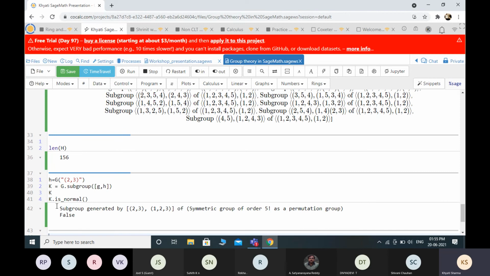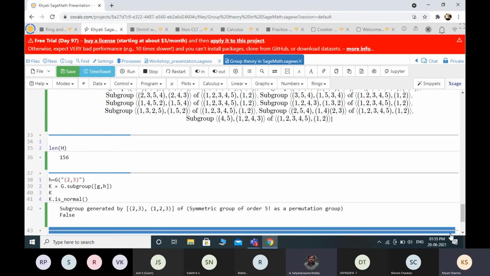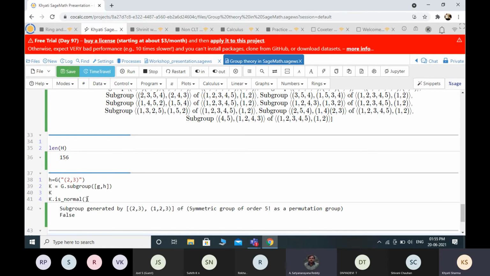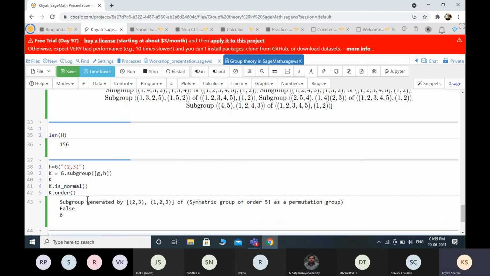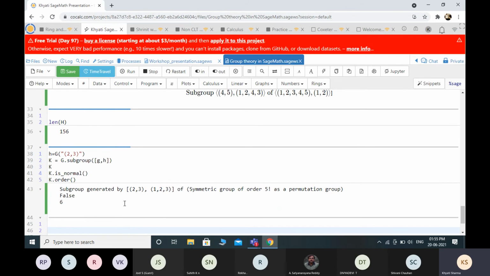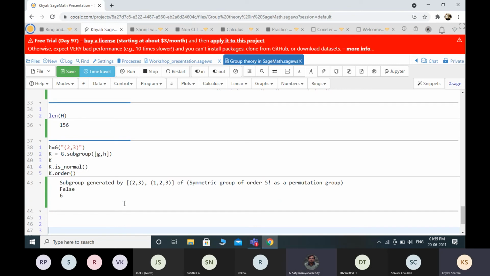So this is not normal. Also find the order of the subgroup. Yes, sir. That is K dot order. So the order is 6. And K dot list will list out all the elements of this group. So can you type here K is cyclic? Can you check? Yes, sir.